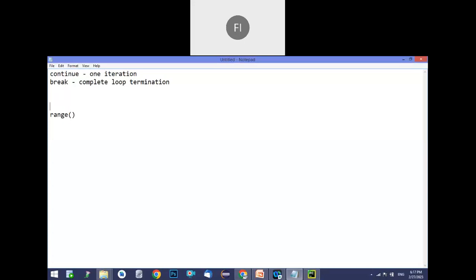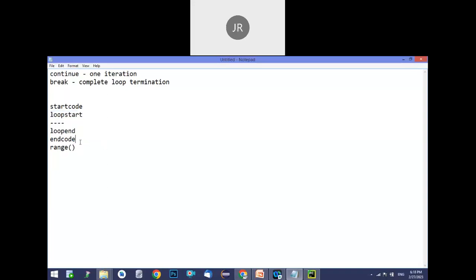For example, I will tell you: start code here, some code. Now the loop starts, some lines of code are there, and the loop ends, and some end code will be there. Assume that. Now if you write the break here, this particular loop block will be terminated, and this last code will be executed. The program won't terminate, only this loop will be terminated. That's all. You got it? Okay, sir.